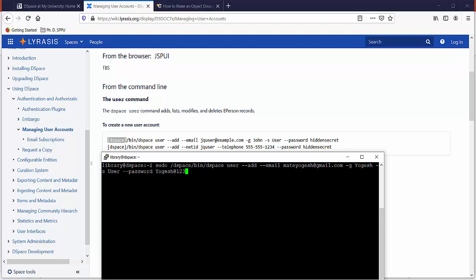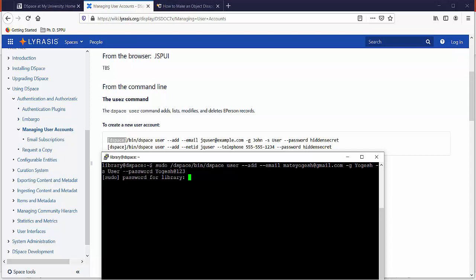Then enter the name of the person. Then you need to enter the password. After the password, give a space and enter the password, that is yogesh@123, and execute the command in terminal.